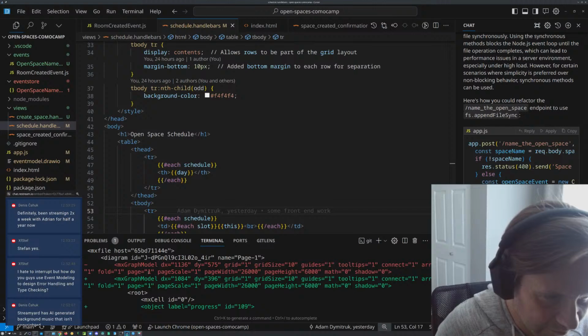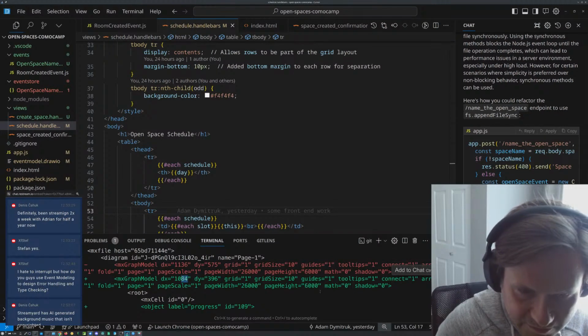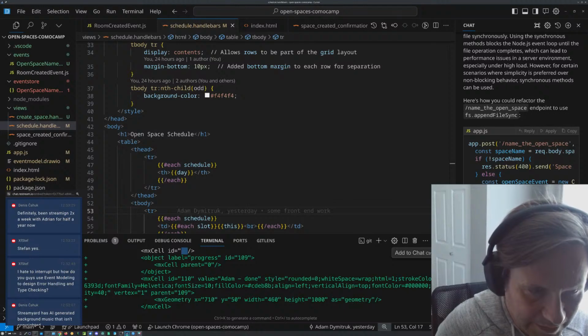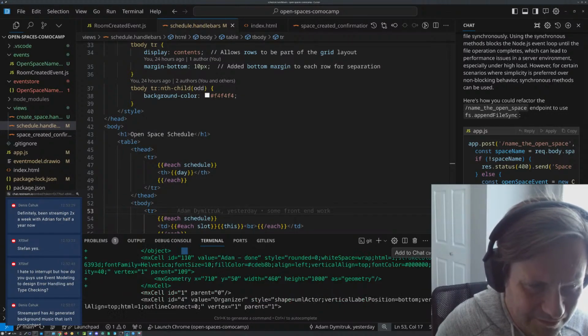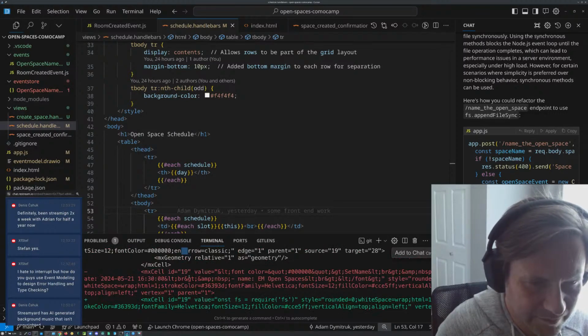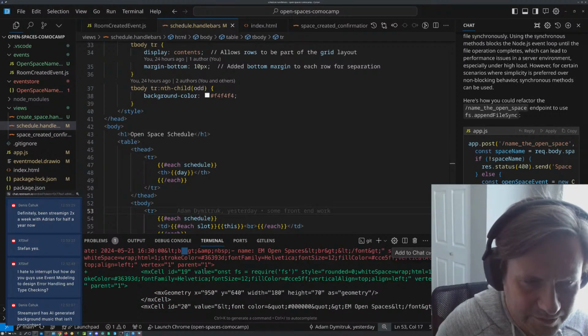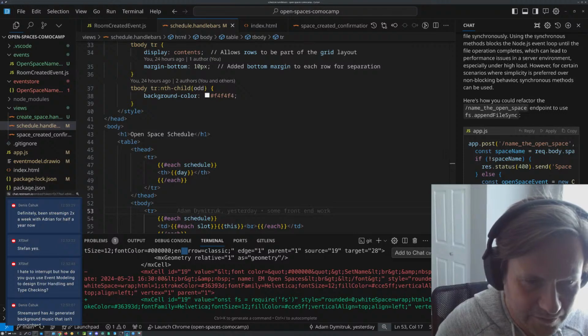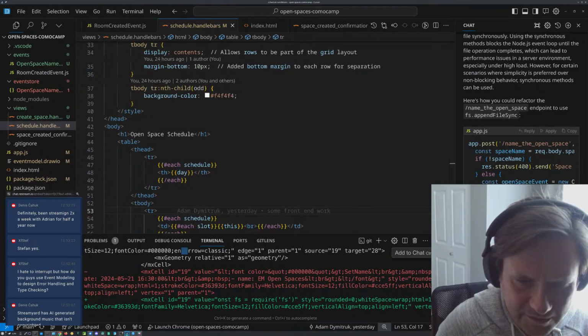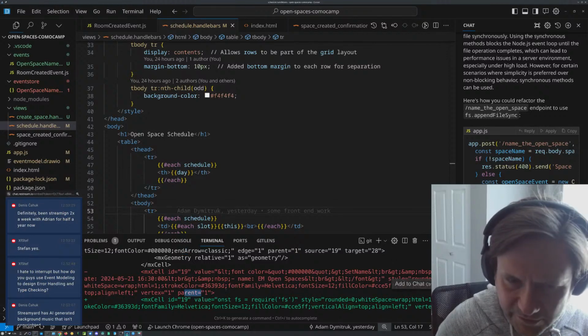Why is that different? Okay, something changed in size. We added the progress. Really? I thought I committed this already. And what is this? This looks like an arrow. It's got a parent.